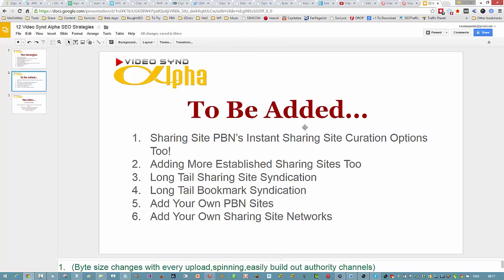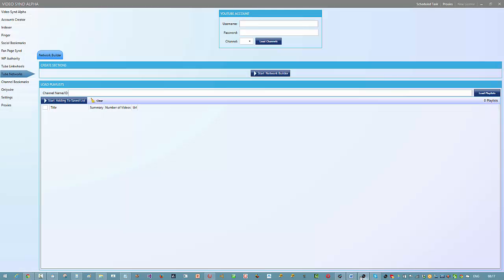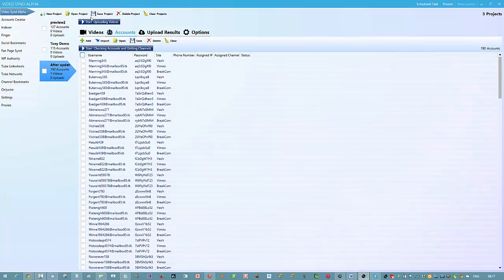So what's still to be added? This has just come up in the last couple of days. We're going to add sharing site PBNs. The problem we've got, from looking at, let me just come over here to the video Synd alpha, let's come over to the accounts over here. You can see that if I go to add some accounts,